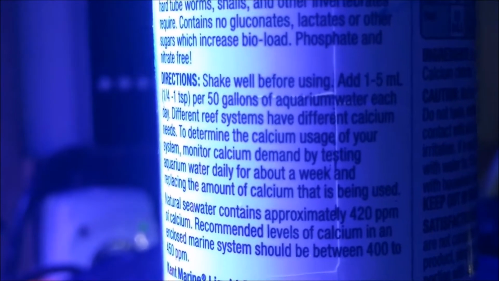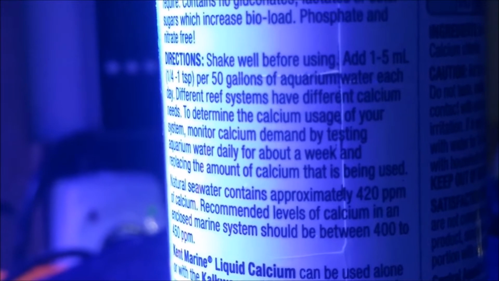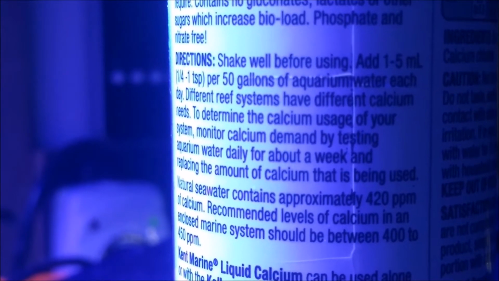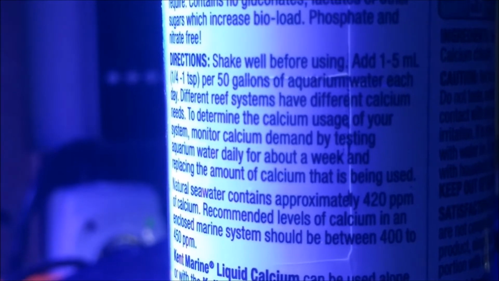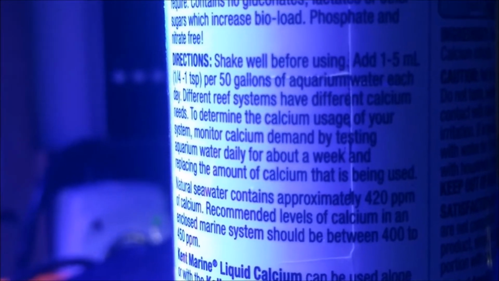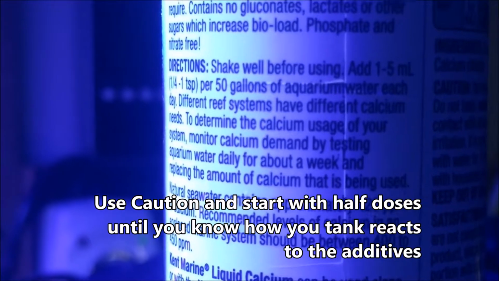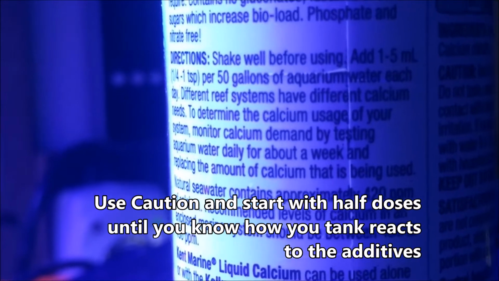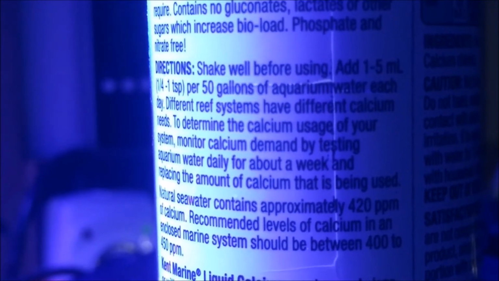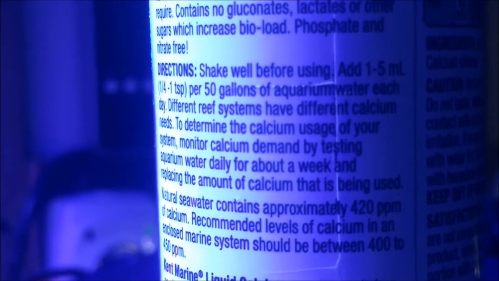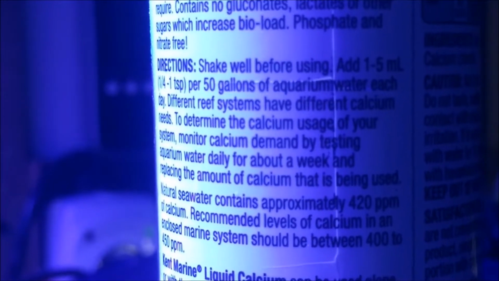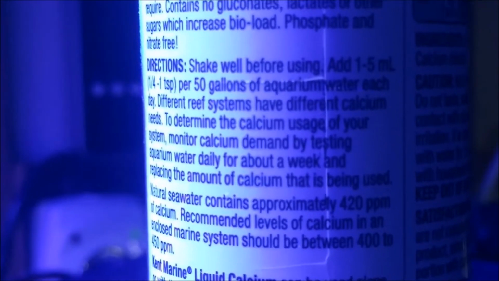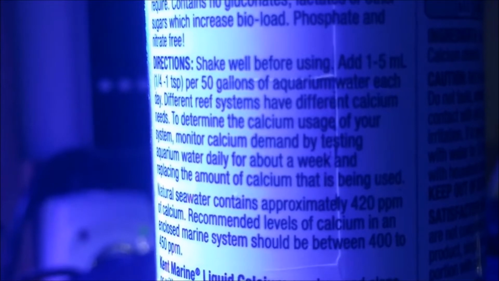Now, two things that happen more often than not. First of all, 1 to 5 milliliters ought to tell you right there that your need is not always 5 milliliters, but they're telling you to dose between 1 and 5 milliliters so as not to overdose the system. Secondly, when you're looking at the gallons of water in the aquarium, more often than not, people measure the gallons of the aquarium. So let's say you have a 40-gallon breeder. They say, okay, I have 40 gallons of water. That is not